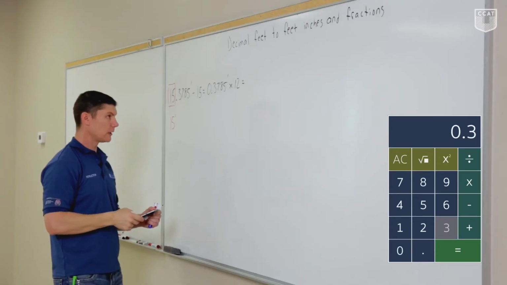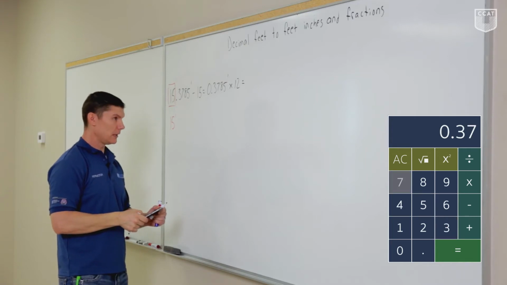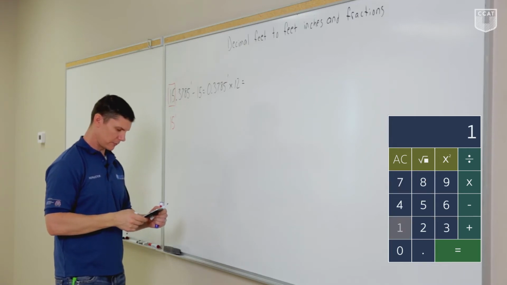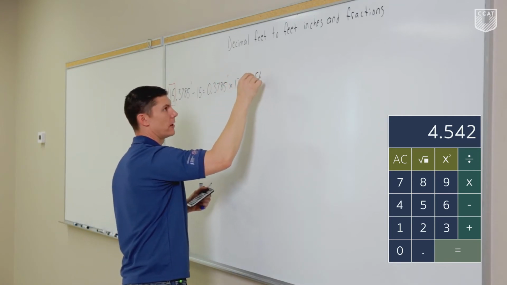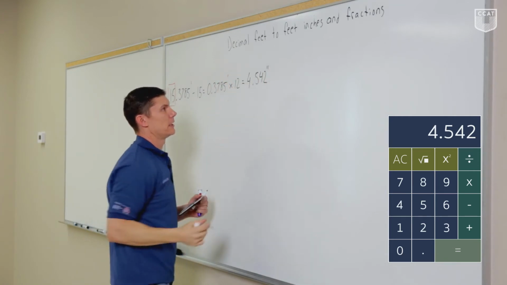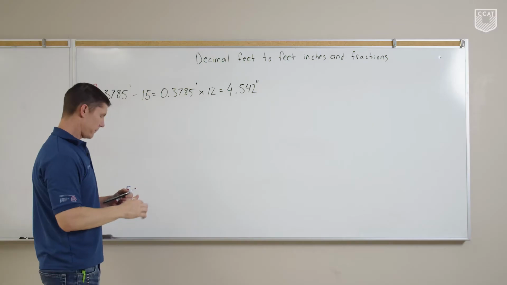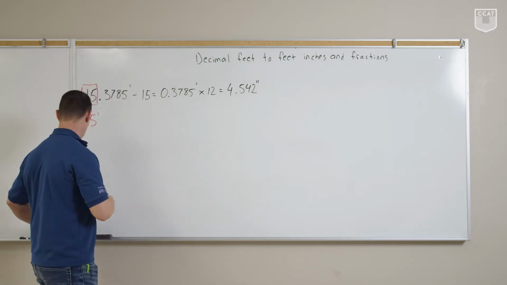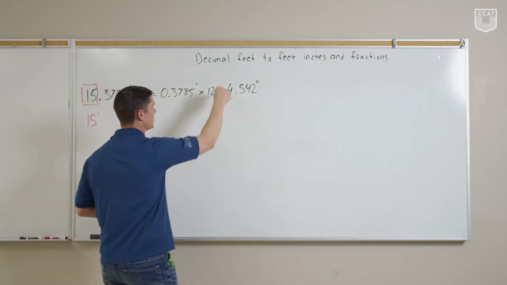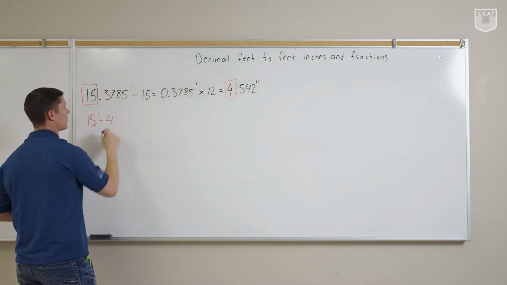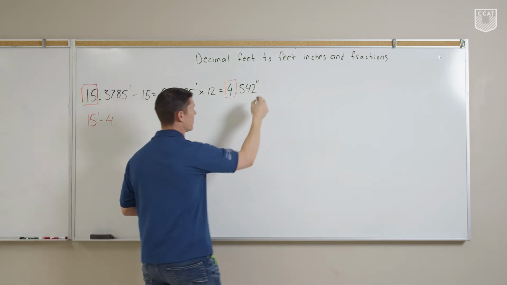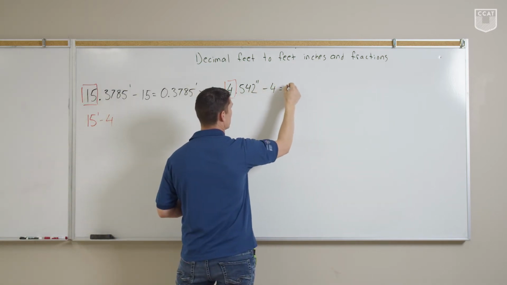so 0.3785 times 12 equals 4.542, and now we're in inches. So 4.542 inches. We've got 4 full inches. So we'll record that. We're going to take that out of the equation. So minus 4 equals